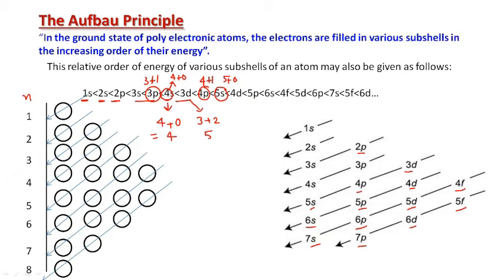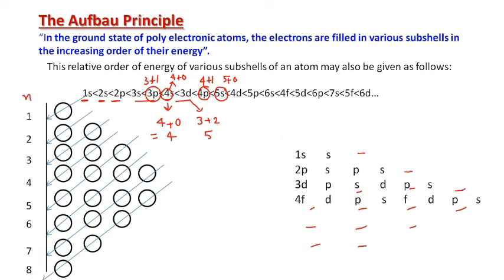But many students found it difficult to draw this pattern. I must tell you honestly, I myself also found it difficult to draw such a pattern. So I have another trick shown here. You just follow the order: 1s, 2p, 3d, 4f. First write SPDF, then write the numbers 1, 2, 3 and 4.